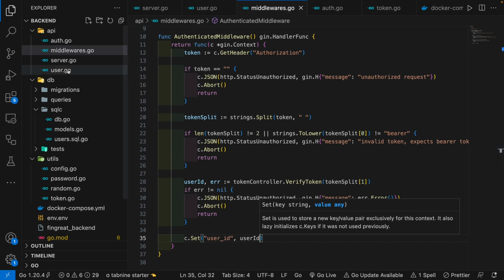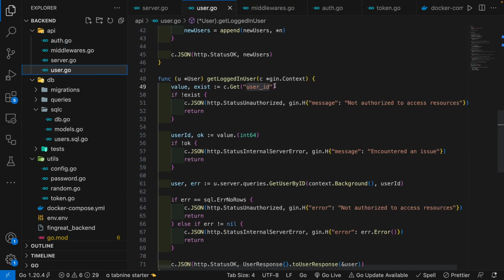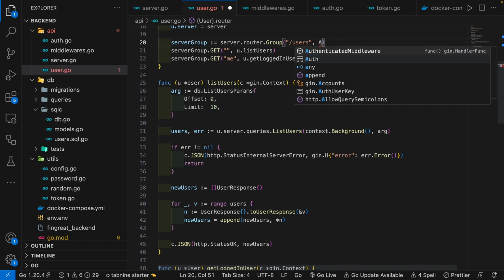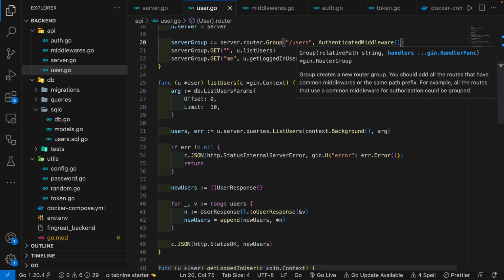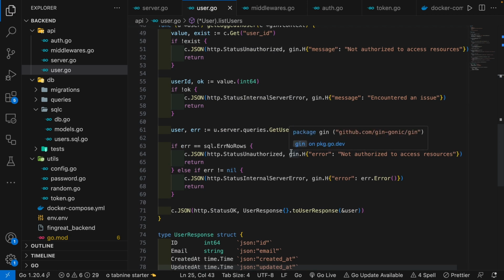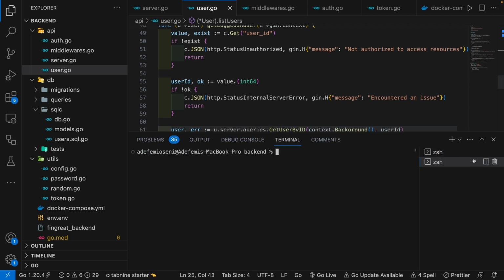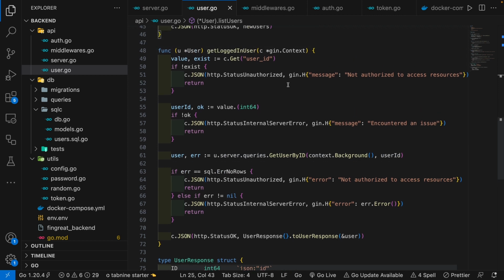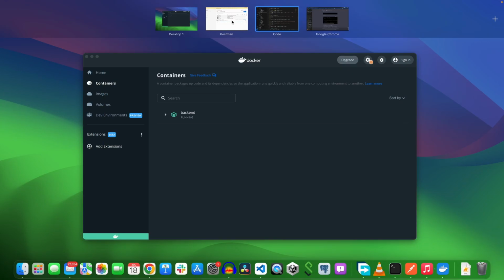So if we come back to the user.go file, when we are setting up the endpoint, when we set up the group, we can add one more information, and that information is the middleware. So here we want to add authenticated middleware, and that's all we need to do. So let's run our server if it's still running. Yeah, it's still running, so we're good on that note. And let's confirm if this is actually working. So if we come back here,